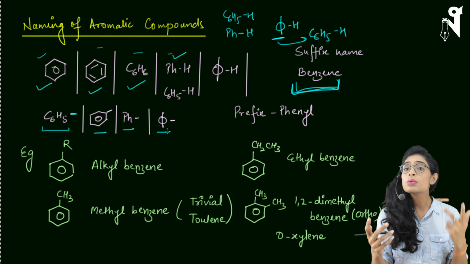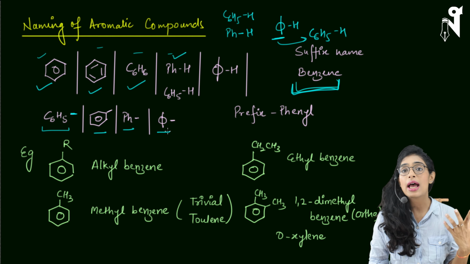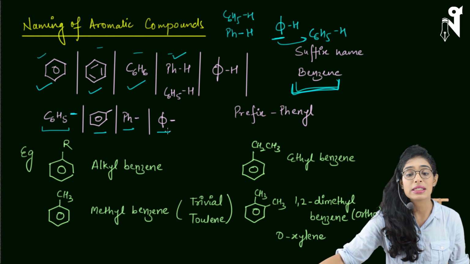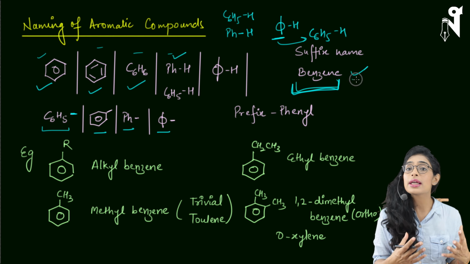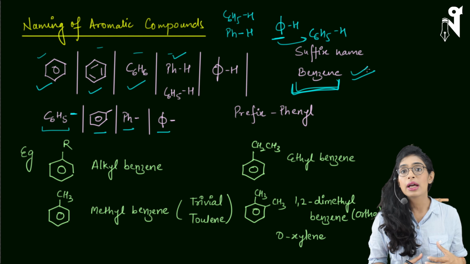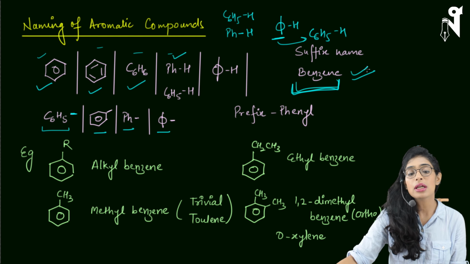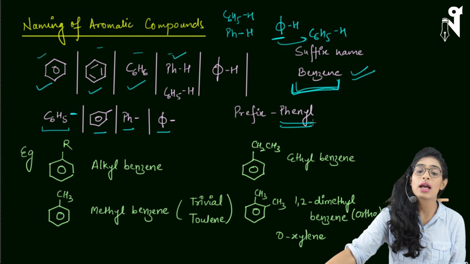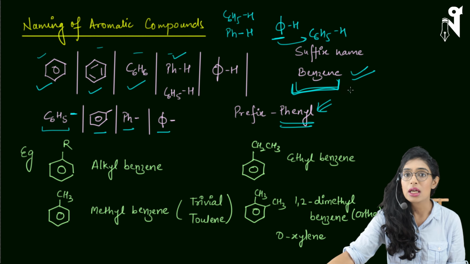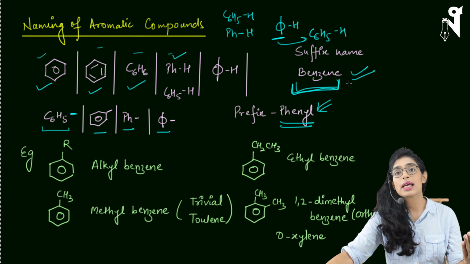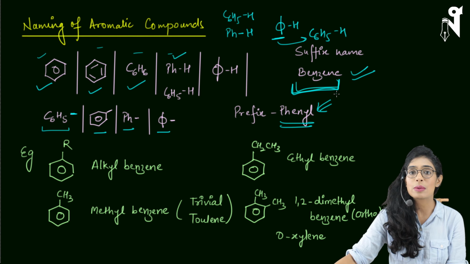Okay, so now there are two things. One is benzene being used as a primary chain or suffix, and in that case it will be called benzene itself, whereas there will be cases where it will be a lower priority group, and then we'll be using it as a prefix, and the name will be phenyl. Okay, so when we are using it as a prefix, the name is phenyl. When we are using it as a suffix, the name is benzene. Where we will be using it as phenyl and where as benzene, we will be learning with the examples directly.